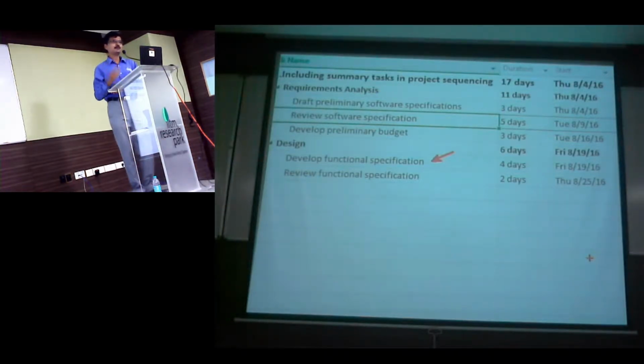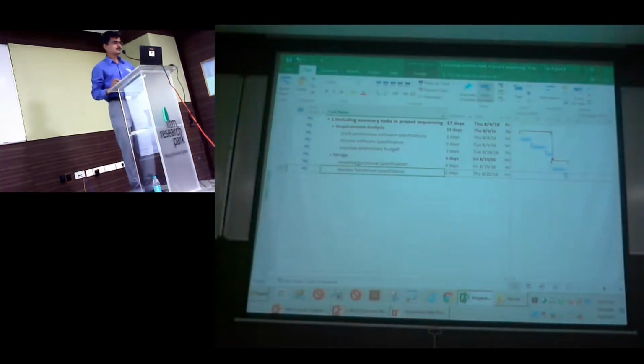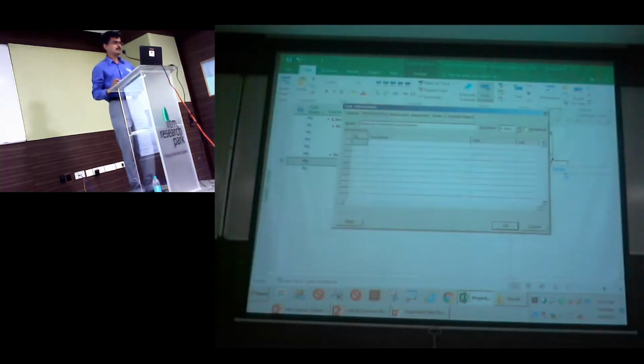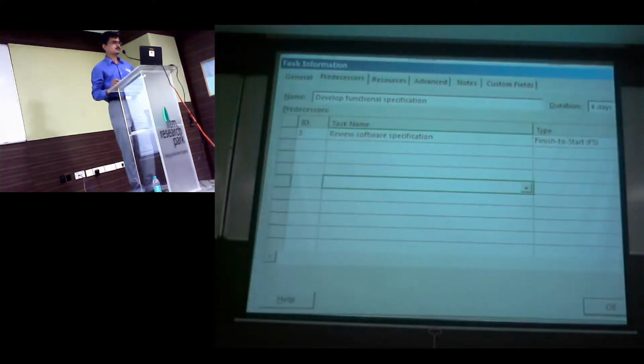But the problem here is, I've set the dependency at a summary level. So it assumes that only if everything in requirement analysis is completed, I am going to start my design. But let's try to do it. So I'm going to say my develop is dependent on my review. Okay, so just go through it. It just says my predecessor of develop functional specification is review with a finish to start dependency.